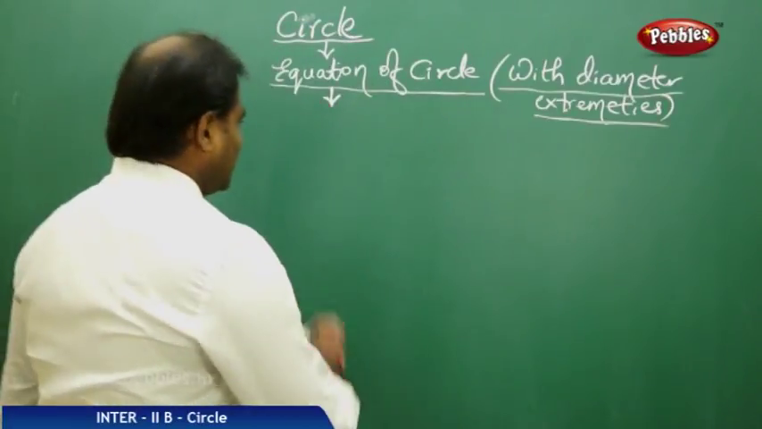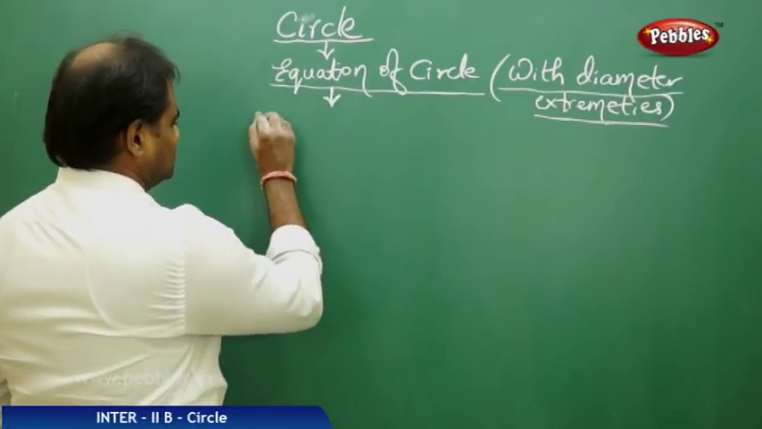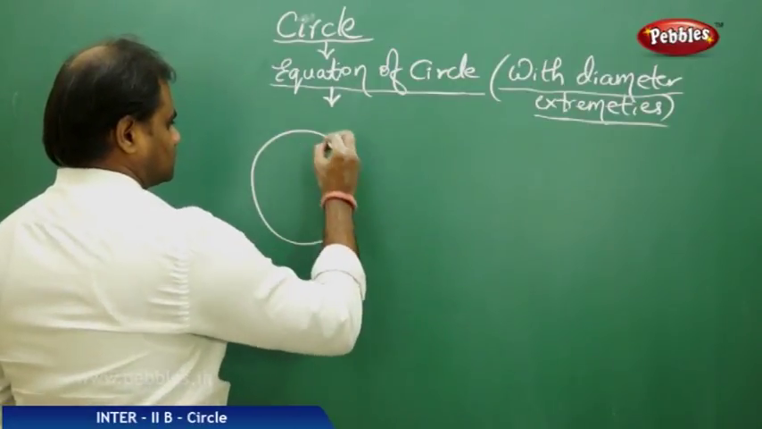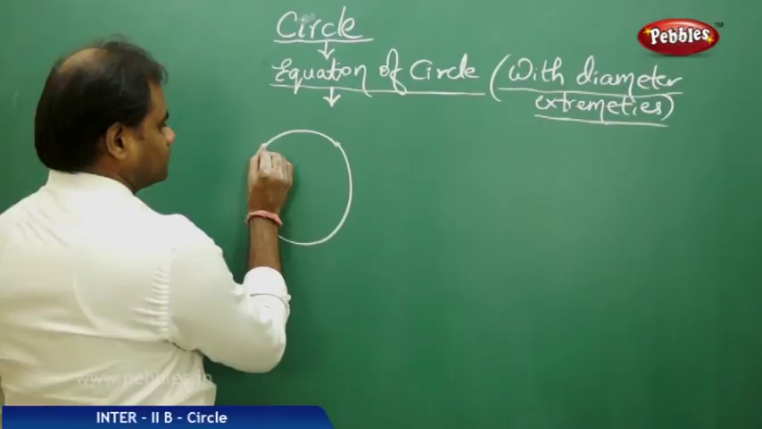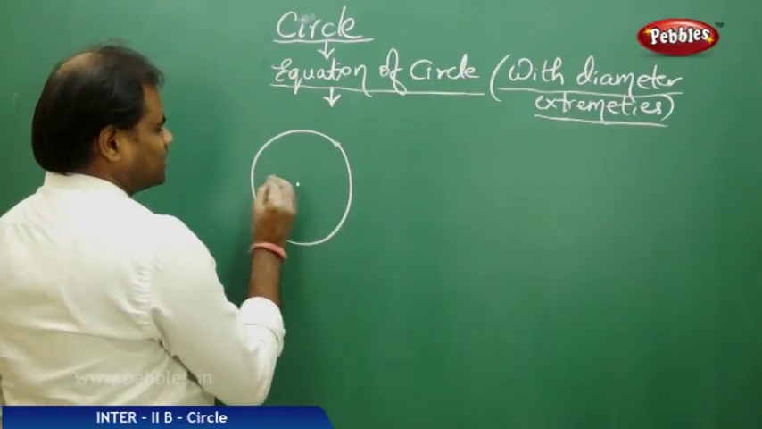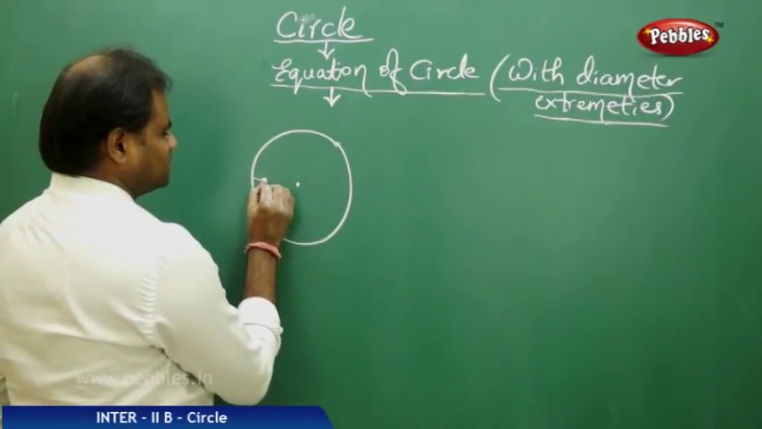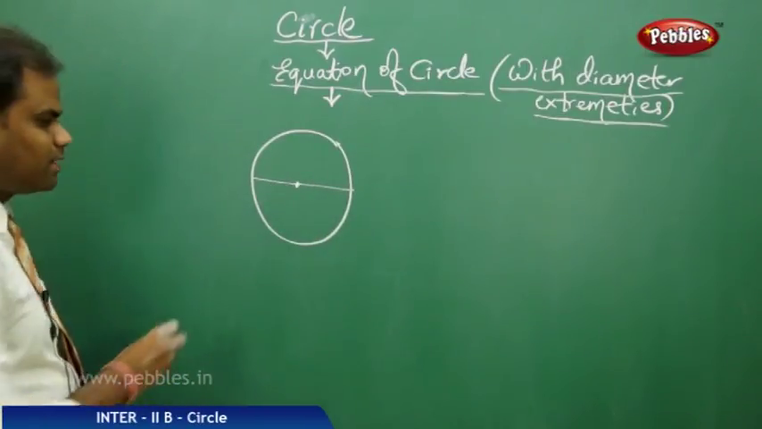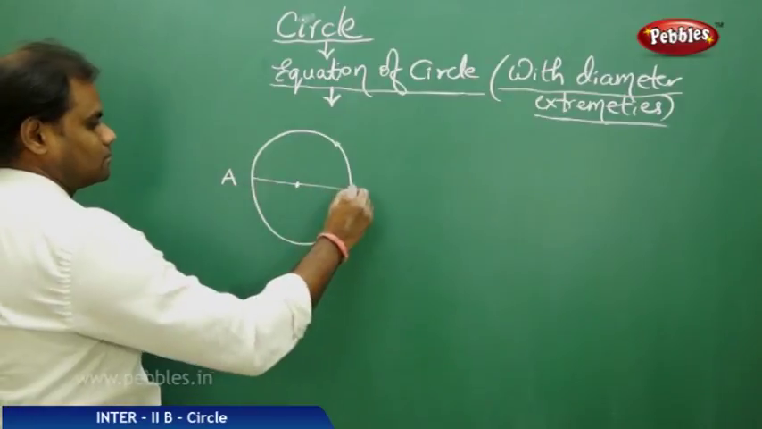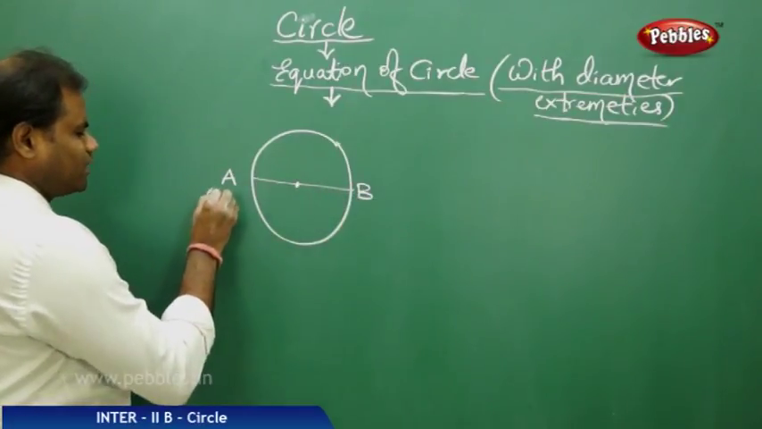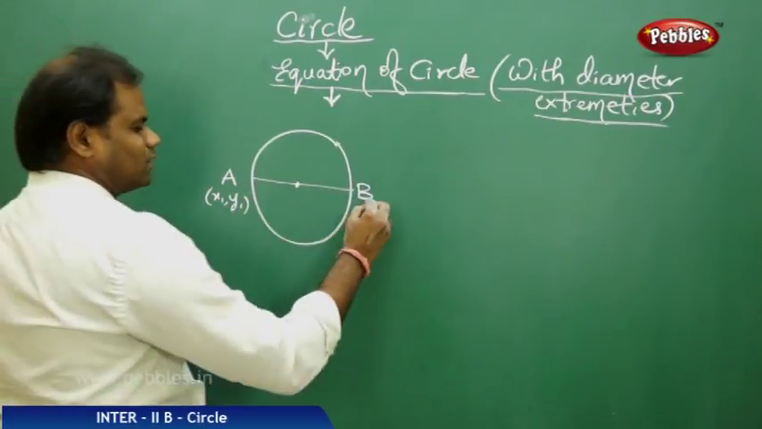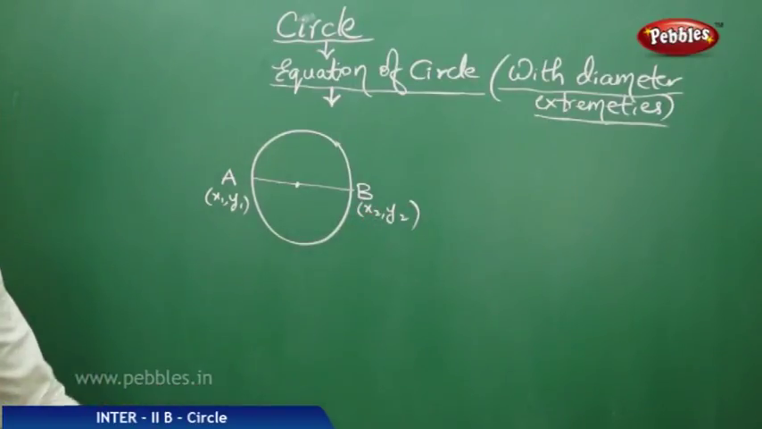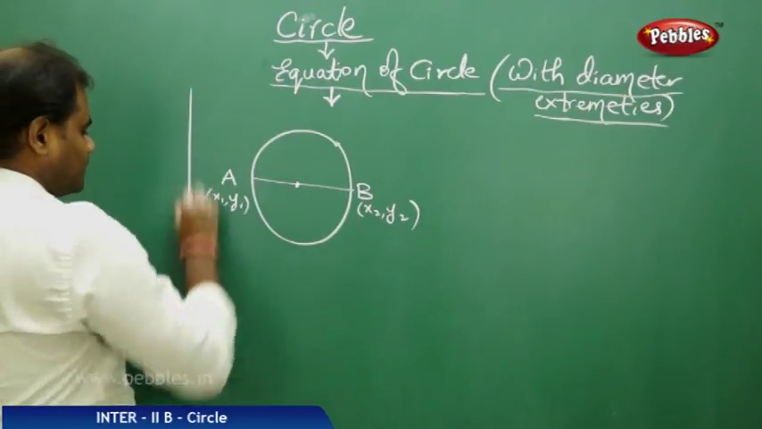Now suppose I have a circle with center and the diameter as AB, and the coordinates of A are x1, y1, and coordinates of B are x2, y2 in the xy coordinate system. Then in this case,